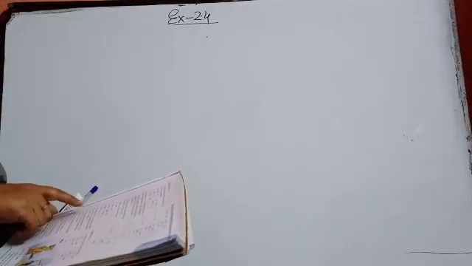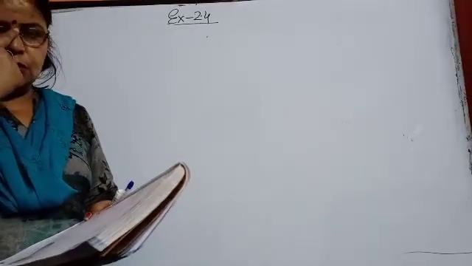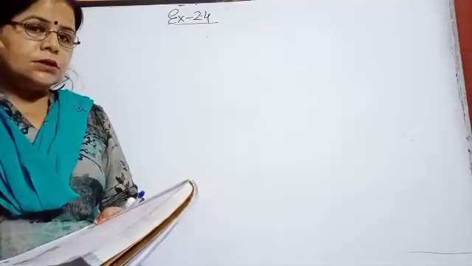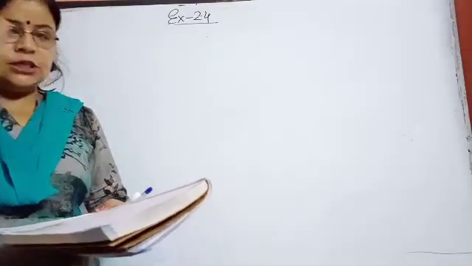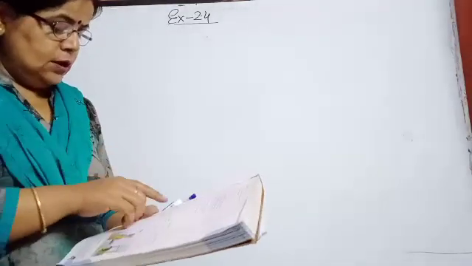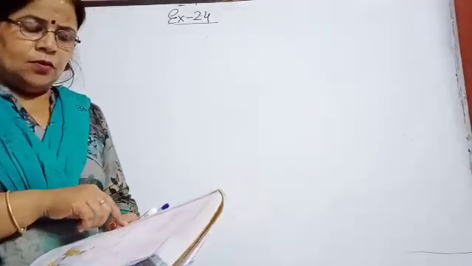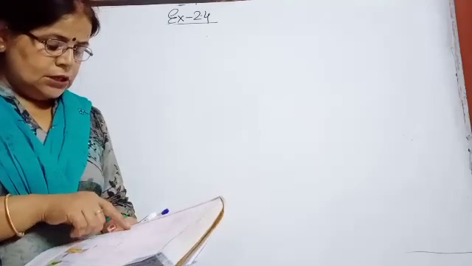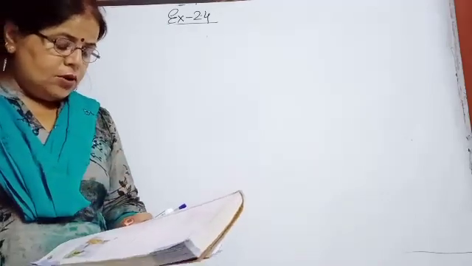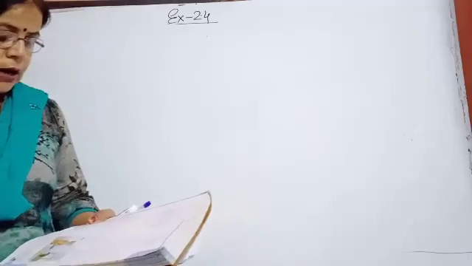Now questions 6, 7 and 8 are not according to your level, because you have not learned shifting of a number from the left hand side to the right hand side, that is, transposing. This comes in algebra, and algebra will be in the last chapter. It will come in the second term. So I am not taking these questions right now, because you will be confused by them. So leave these questions. They will not come in your syllabus at this time either. Okay, now come to the 9th question.